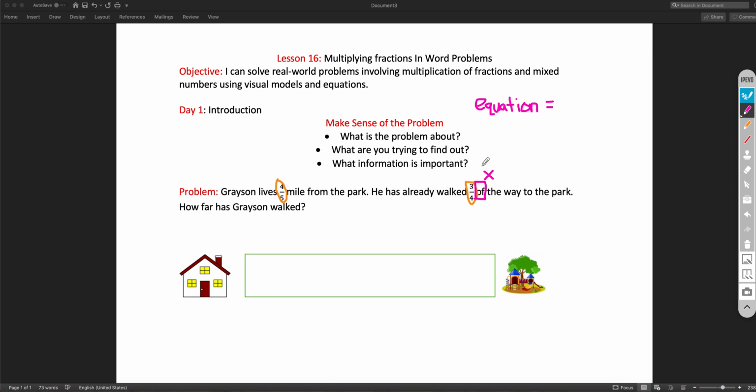We are trying to find out what 3/4 of 4/5 is. And if we change the word of for multiplication, our equation would be 3/4 times